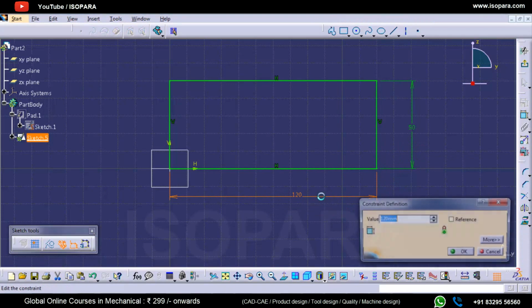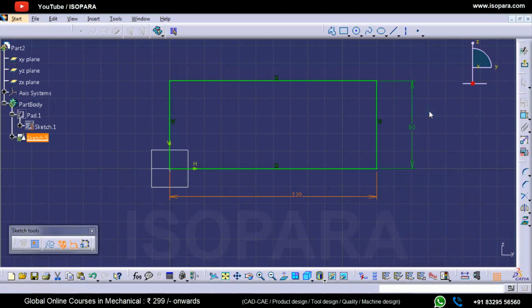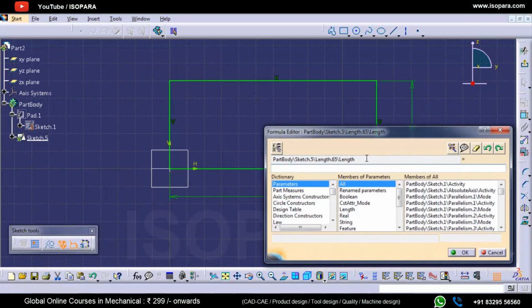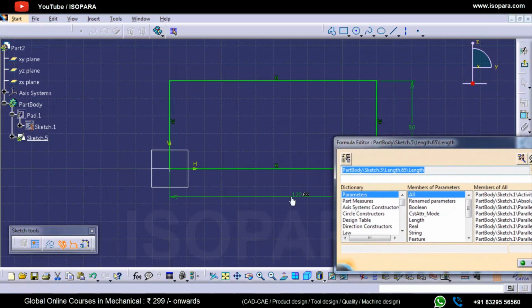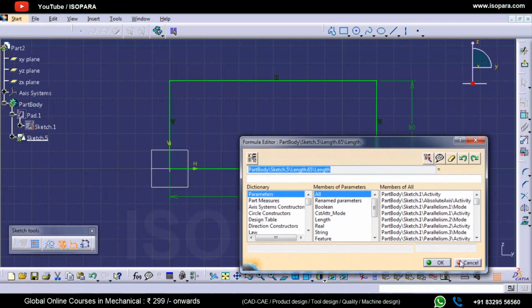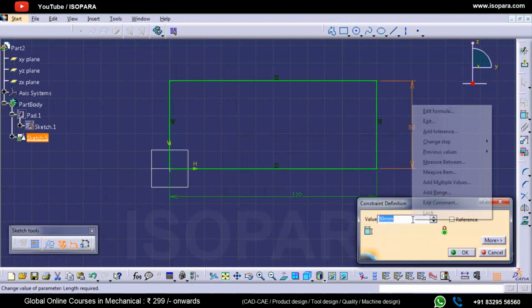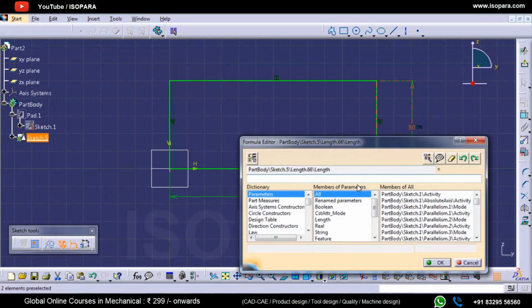So what I will do, I will right click on this area, edit formula, and then I will copy this value. So this is the name of the 120 value. I can copy this one pressing Ctrl C, then cancel this one, then go inside this, right click, edit formula, and now paste that value here.